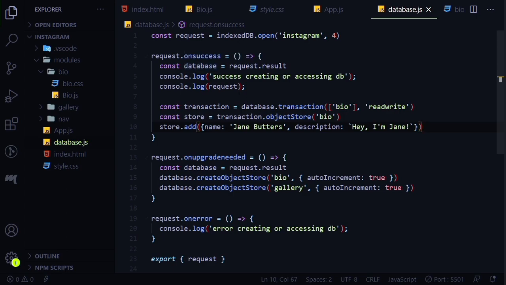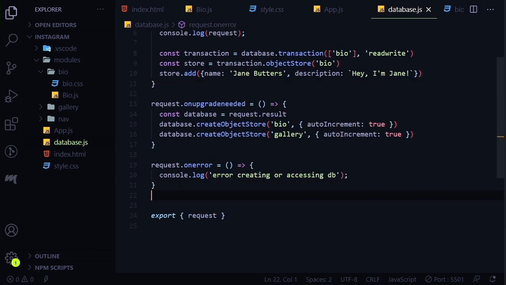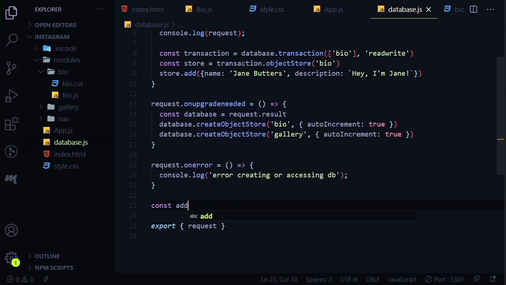What we want to do is create a function named addEntryToDb, and then that function will have all this transaction, store, and store.add inside of it, so that whenever we want to add data to a particular store, to the database, we'll just call that function, and then inside the function arguments we'll put in the data we want to add. So what we're going to do is come over to line 23, and then we'll create a new function, name it addEntryToDb,